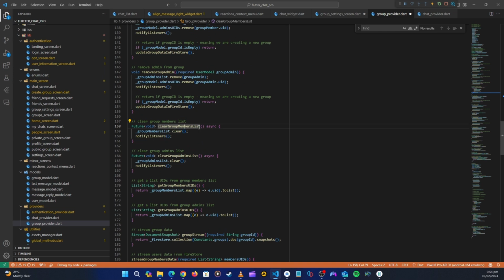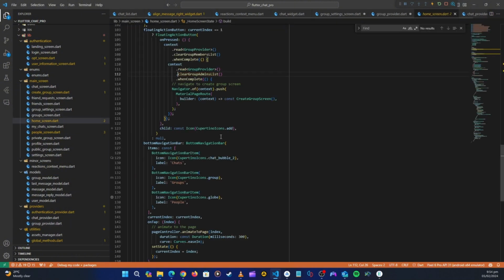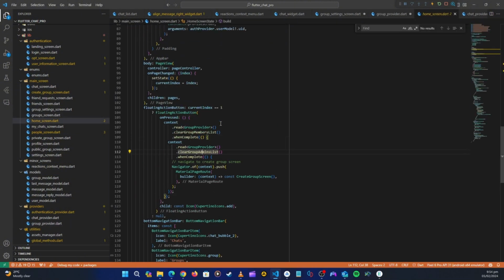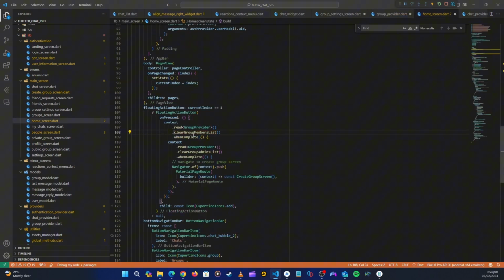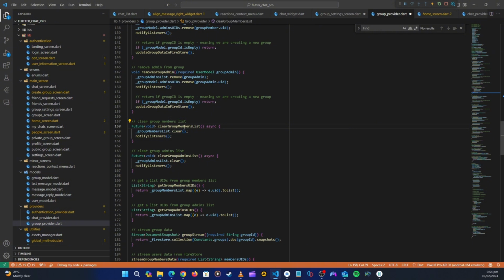Okay, so instead of having two methods like this, because this one we are calling it in the home screen, and this one also we are calling it in the home screen, when we are getting in the room. So we can just call one method here. So here we can use this one and then just also clear the admins list. Okay, let's copy that